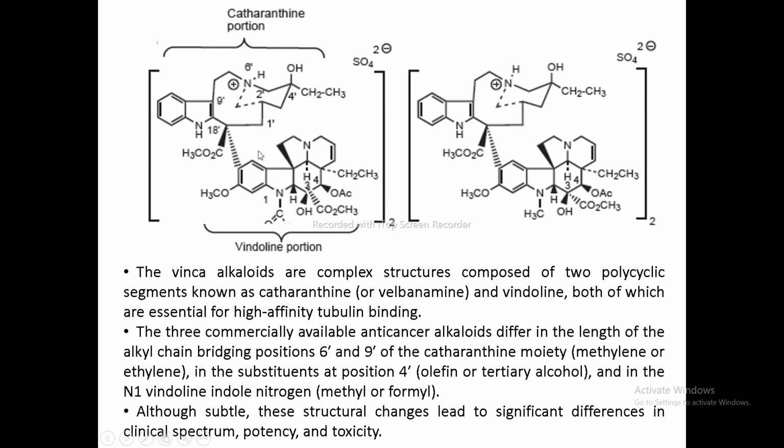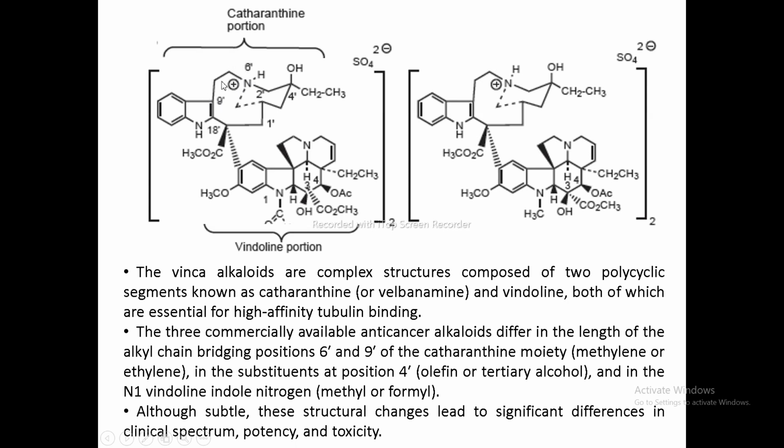high affinity tubulin binding. So the three commercially available anti-cancer alkaloids, they differ. Now, which are the three? Vinblastine, vincristine, and vinorelbine. These three commercially available anti-cancer alkaloids differ in the length of the alkyl chain bridging position 6' and the 9' position. All three alkaloids differ at this alkyl position, which is present in between 6' and the 9'